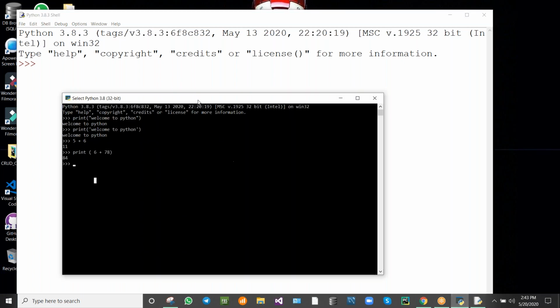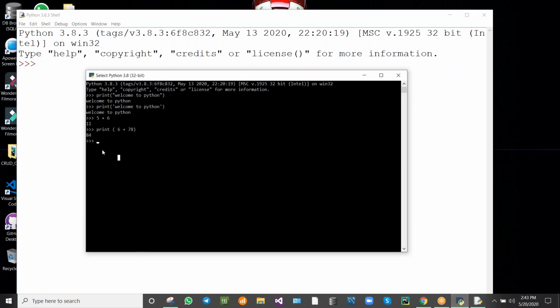Now this is only one-line programming. Like this we can do only one line in this command prompt. Print welcome to Python. Only one-line programming we can do.